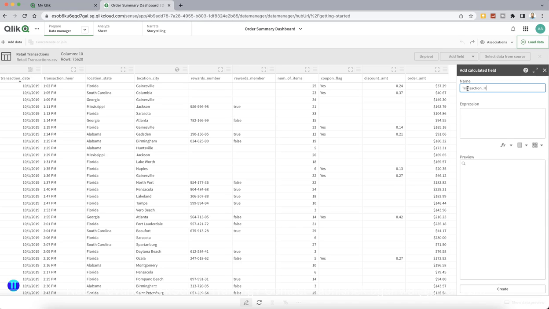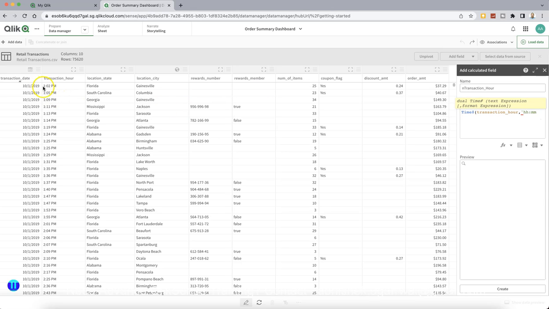transaction underscore hour, and I will prefix it with N, for new field, just to say that it is a new field. And right now I can simply bring in the transaction hour field over here. I started writing TRAN and it gave me the field name. But before that, I need to wrap it around the function called time hash, which basically takes the text expression, or this text field, and asks us what our format of expression should be. If we need a proper hour and minutes detail, that will be HH colon MM,